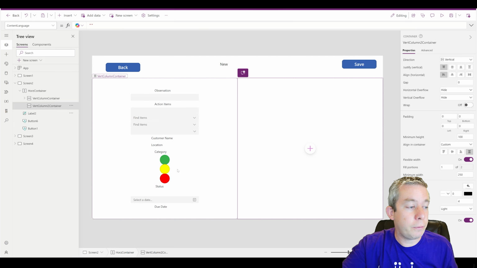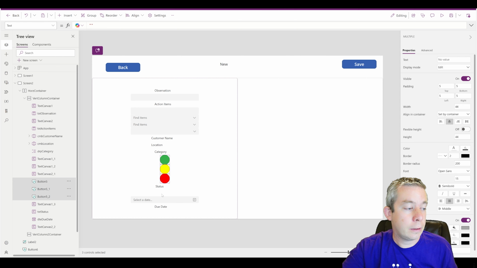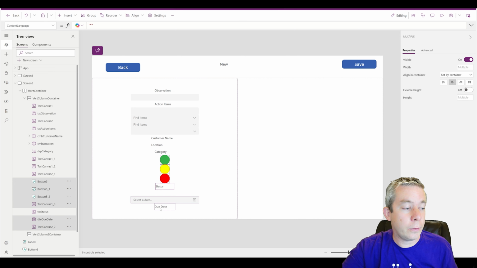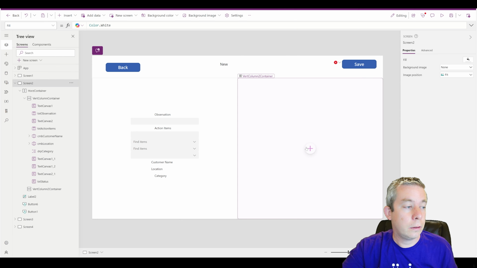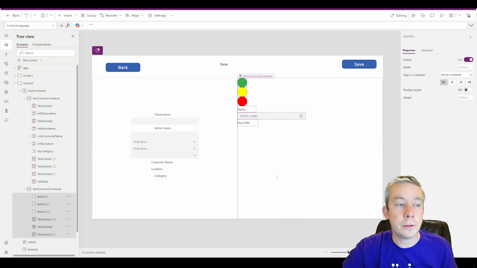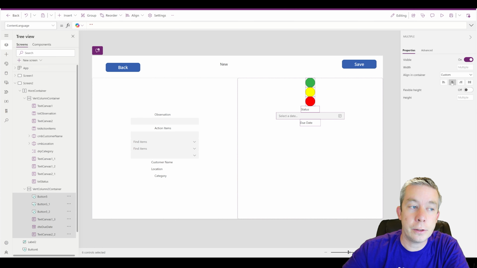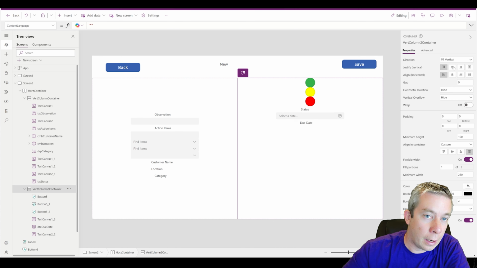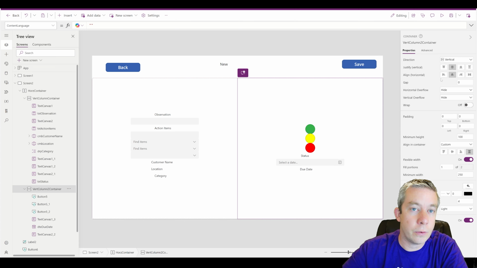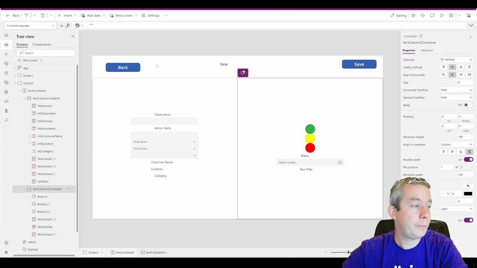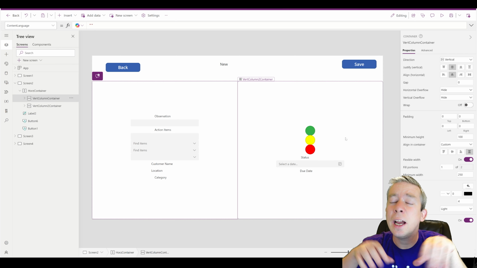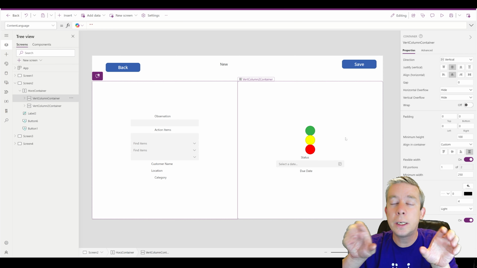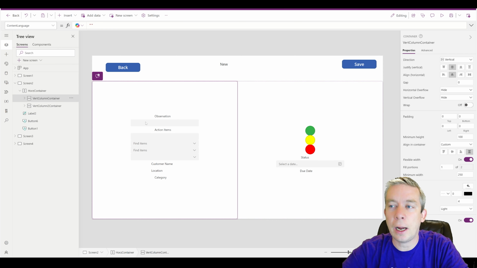So let's take some of these here. So the status and maybe the date and due date. I'm going to Control X. I'm going to put them in my vertical container 2. And then I'm going to center it just like before. So center and this center and this center. So now we have things centered off. All right, so now that we have our 2 column vertical containers, if we look at the left side, actually,